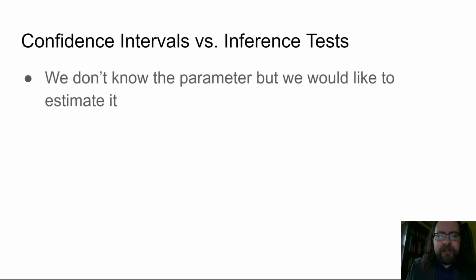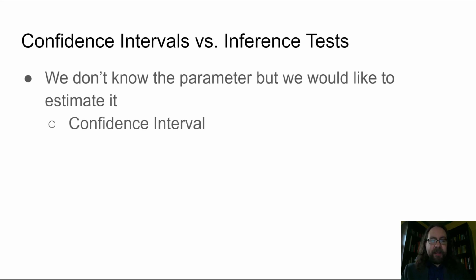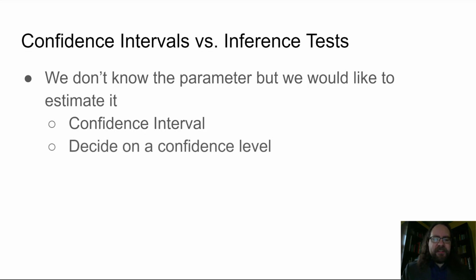So we will do a confidence interval if we don't know the parameter, but we would like to estimate it. So if we just have no idea what a population proportion would be, what percent of people really like chocolate ice cream, I don't know, just thinking off the top of my head, we would do a confidence interval. When we do a confidence interval, we end up deciding on a confidence level that we want to use. Like we saw last time, 90%, 95%, 99% are very common, but that ends up being a decision that we